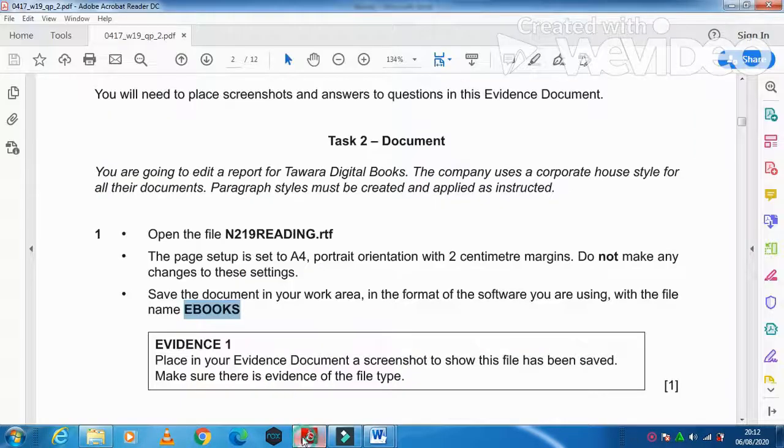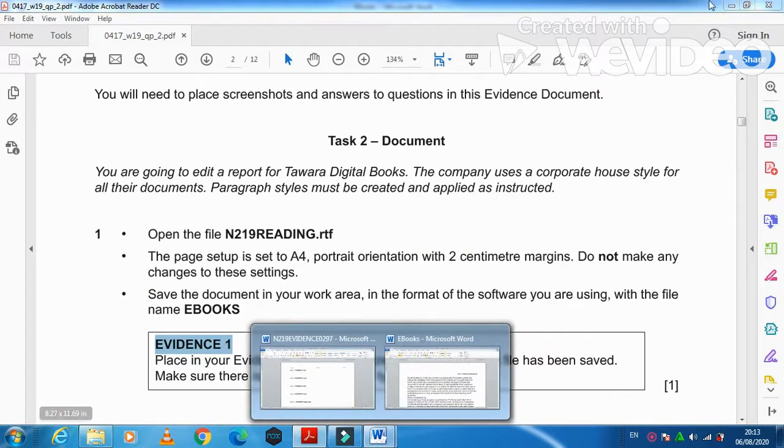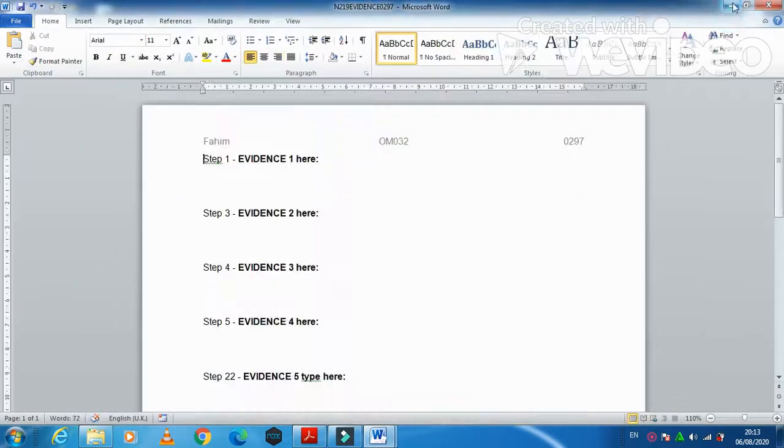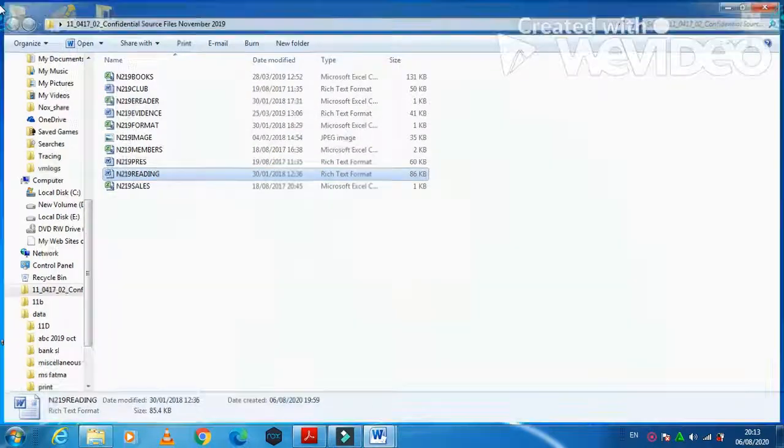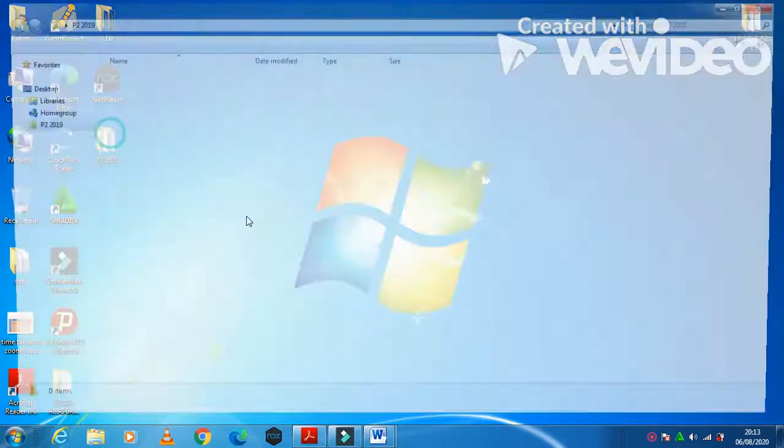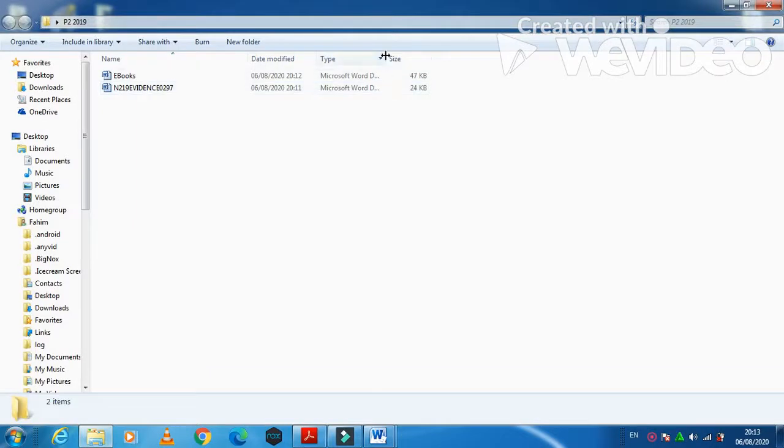When you click on save, next step they ask you in evidence 1 that place in your evidence document a screenshot to show this file has been saved. Make sure there is evidence of file type. So you need to go to your folder now, close this folder, P2 2019. So I'm just going to print screen this one,